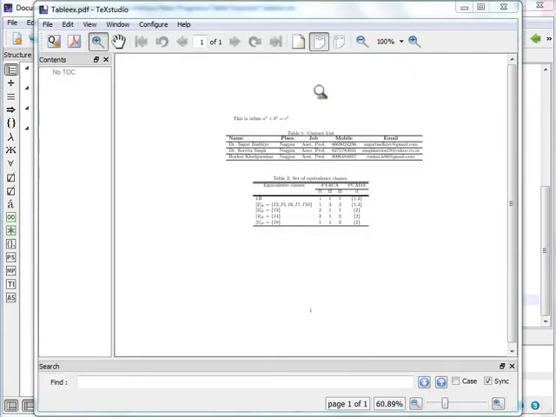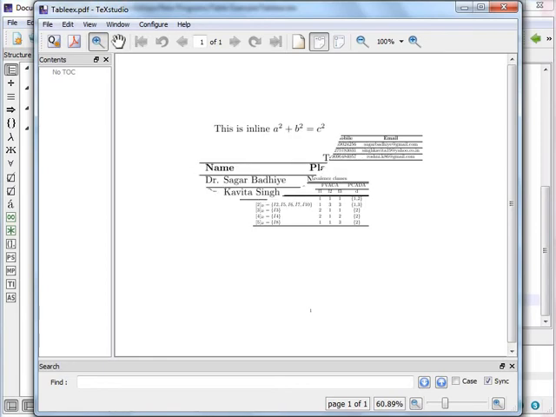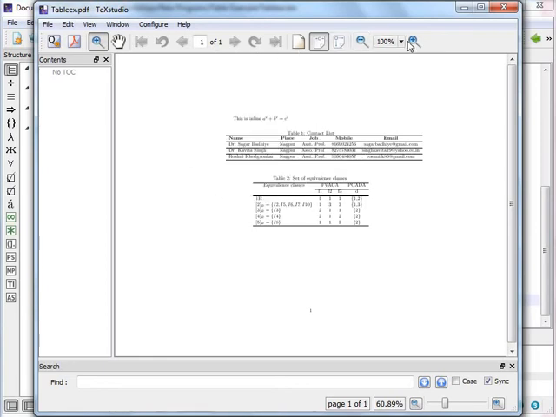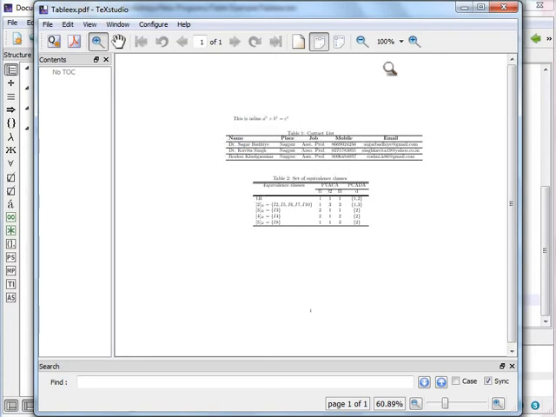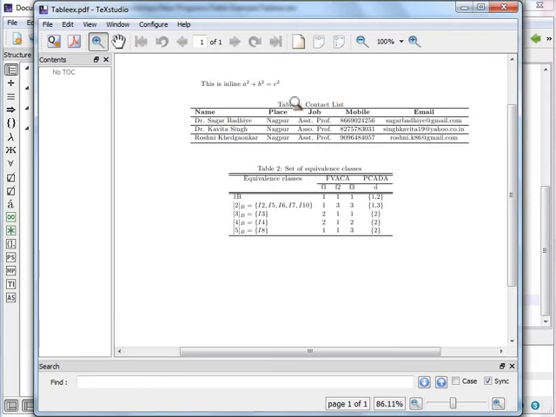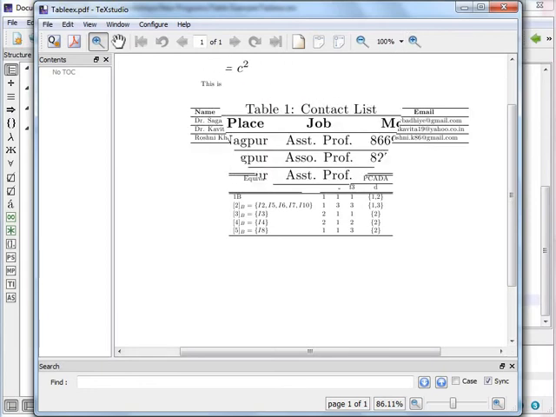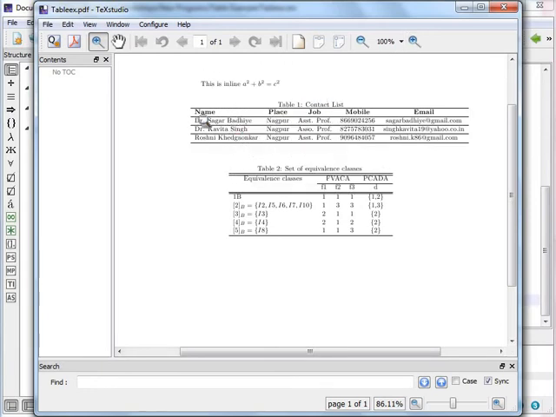When we look at the output, you can see that the first line is simply what we have added actually. So this indicates that this is the first line which we normally created, and then we have created a table. So you can see that the table caption is over here, Table 1, that is contact list. Then the first column was name, second column was place. We have used textbf, so this is appearing bold.